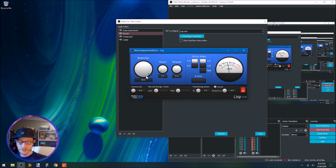Those are kind of harsh just in general. So I kind of have to overcompensate for that, but then also for the microphone placement. So I'm using this de-esser called Lisp, and I'm making it very aggressive. I can actually